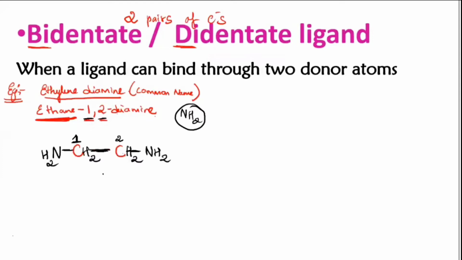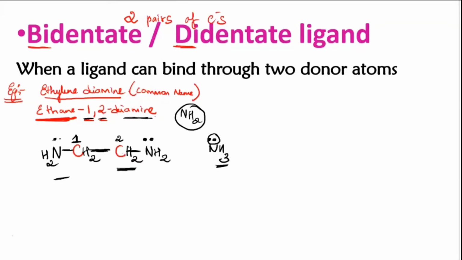Now from where are they going to donate? That will be from the nitrogen side. This nitrogen will have a lone pair of electrons, because just before this class I told you amines are derived from ammonia. The same kind of structure that is there for ammonia will be there for the amines also. Here one hydrogen from NH3 is replaced by this group. Similarly, on that side also, one hydrogen is replaced by that CH2 group. Then they are bonded to each other. So the structure of ammonia is similar to that of amine also. Ammonia has one lone pair of electrons, and even amines have one lone pair of electrons.